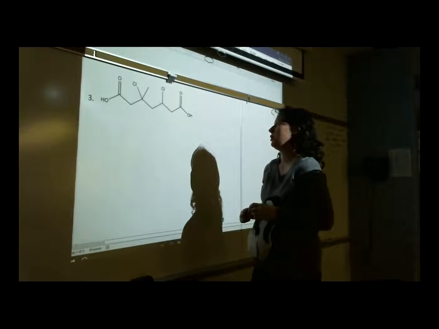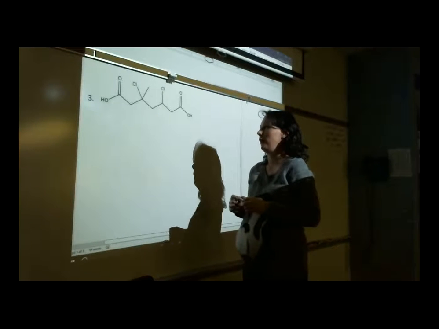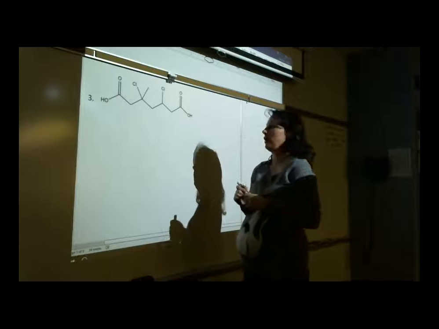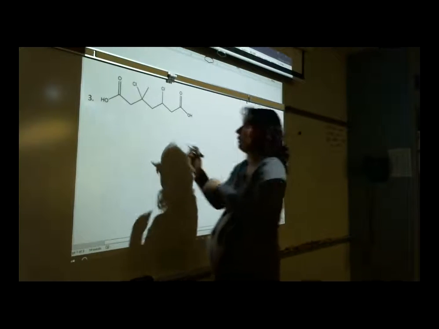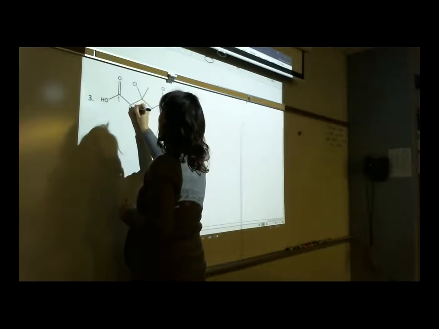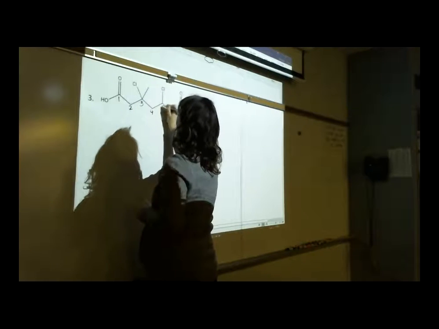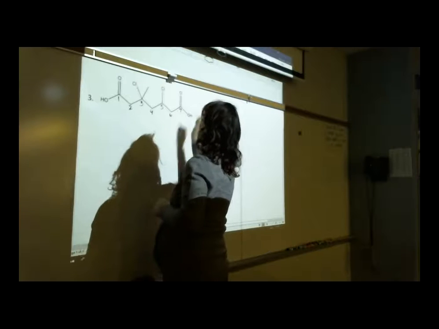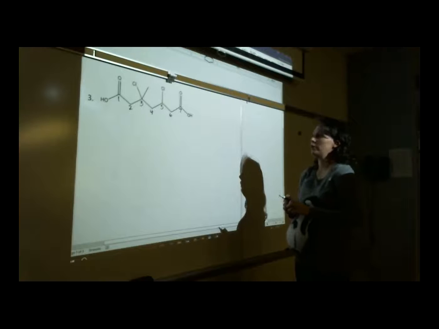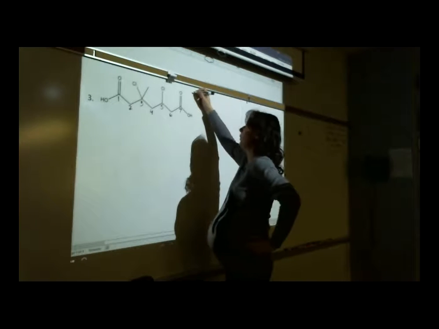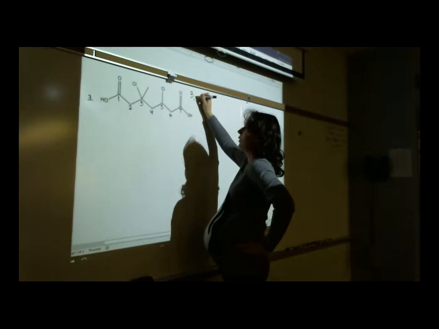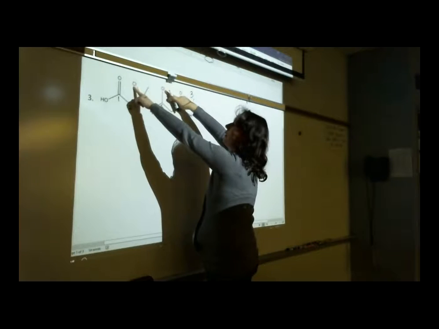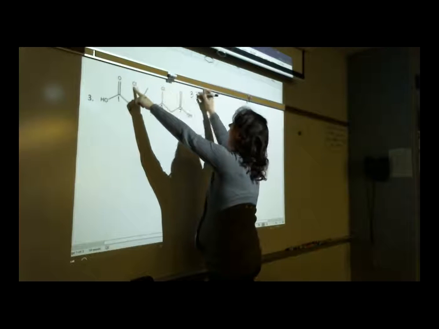But because there are substituents, we need to number to give them the lowest numbers possible. So are we numbering from the left or from the right? From the left, right. 1, 2, 3, 4, 5, 6, 7. So then we've just got to put our substituents first. So the name of this would be what? 3, 3, 5. Well, it's 2 chlorines, right? Oh, yeah. So it would be 3, 5